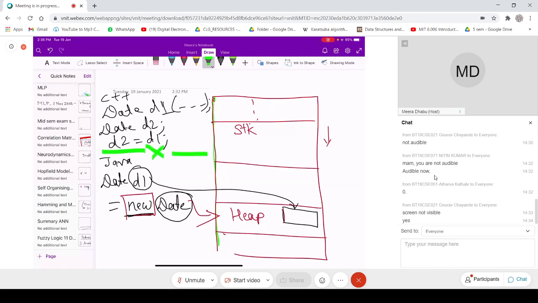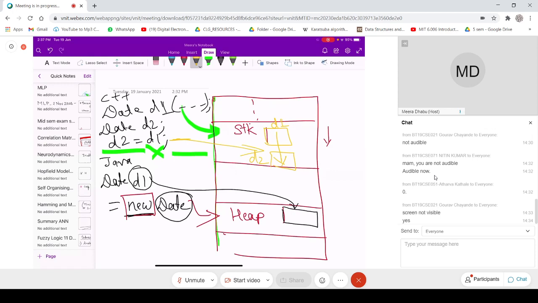Because of this, D1 got created somewhere here. Then D2 also got created here, and whatever the value was here, with this equal to sign, this statement is copying the value of D1 into D2.